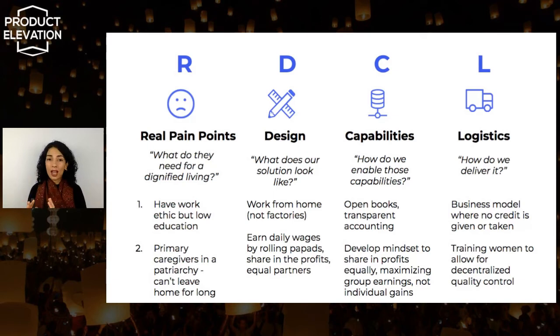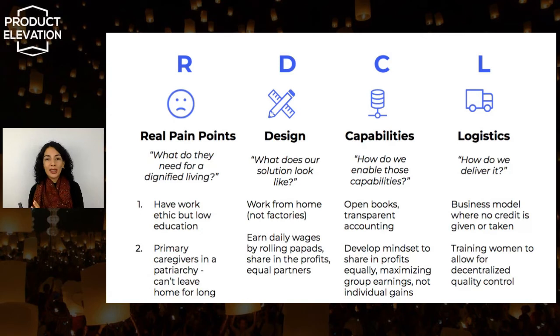And so in terms of design, the solution was that these women could not work in factories. They had to work from home. If this whole setup of Lijjat was about taking these women from home, busing them to factories, well, these women couldn't stay away from home for that long. They couldn't have engaged in this model. The other piece of the solution was that these women were given daily wages every single day. Why? Because this way they could influence household spending every day, and that gave them power within the household to influence spending.